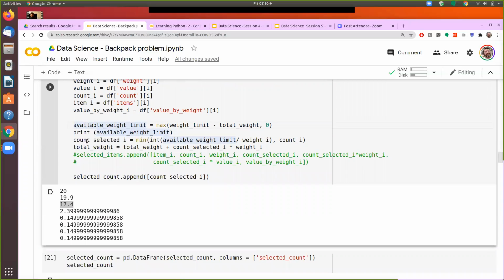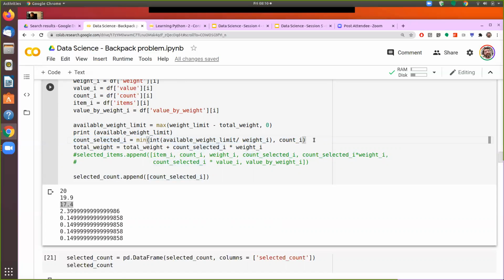Then I say how many items I can take: that computation is the total available weight I have, divided by the weight of an individual item, and then take the minimum of that number or whatever I have. So either I run out of space or I run out of the items. It will show me the total number of items that I can take.